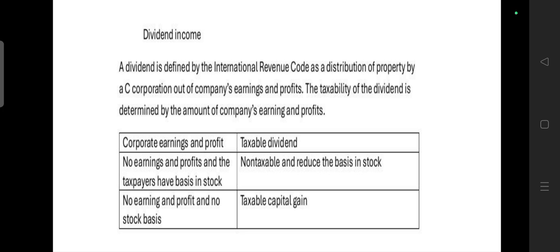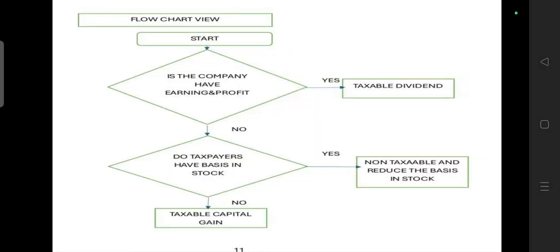When the company has earnings and profit available for distribution, then only it is taxable. Taxability is determined by this condition, this criterion of earnings and profit. Just go through the diagrammatic explanation of this concept. If the company has earnings and profit, whatever we are going to divide is a taxable dividend in the hands of shareholders. When the company does not have any earnings or profit, but they distribute an amount,